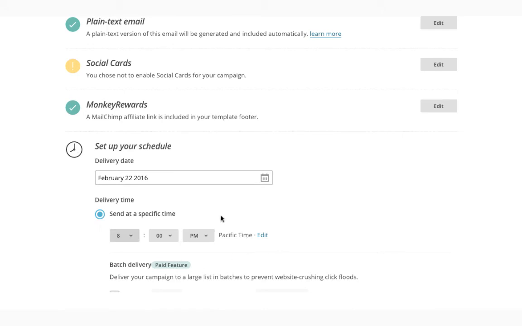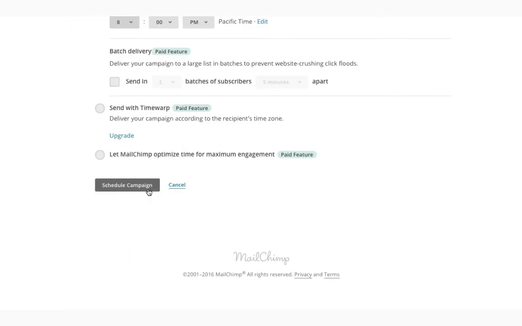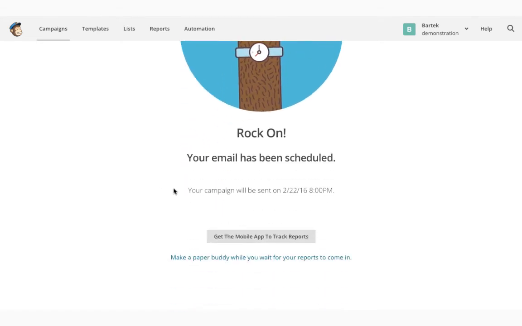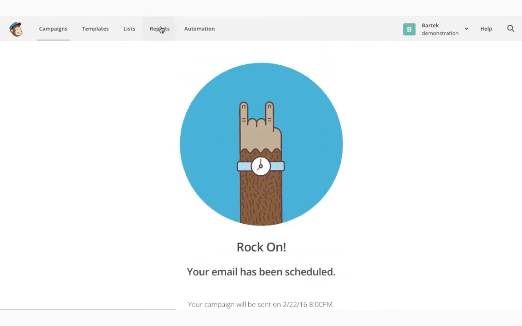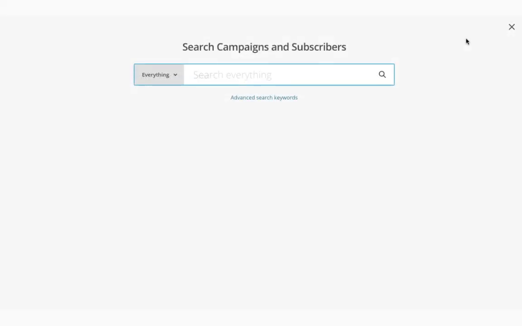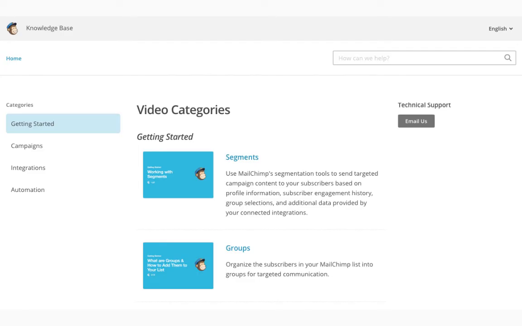It's that simple. Now that the campaign is out the door, you want to check in on its success. You can view the reports from the campaigns page. I'm not going to get into this in detail, but here you can see important stats like open rate, clicks, if you had any links to your site or a sign-up button, bounces, and unsubscribes, people that have requested not to receive emails from you.